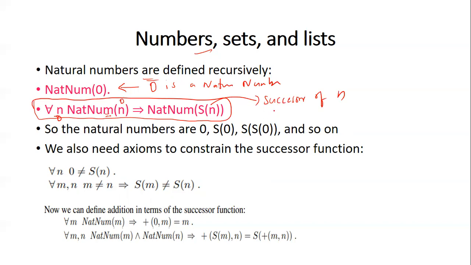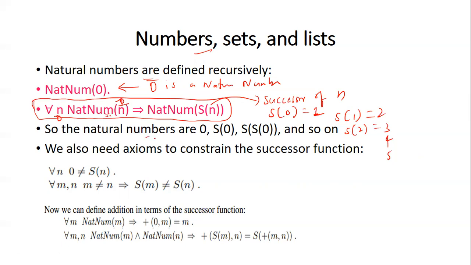What is s of 0? S of 0 is 1. So from natural number of 0, you are deriving natural number 1. 1 is a natural number. Now when you apply 1 to this, that is natural number of s of 1. What is s of 1? 2. Now when you apply 2 to this equation, it will imply natural number of s of 2, right? So what is s of 2? S of 2 is 3. So like that we can derive all numbers 1, 2, 3, 4, 5, 6, 7, and so on and so forth.